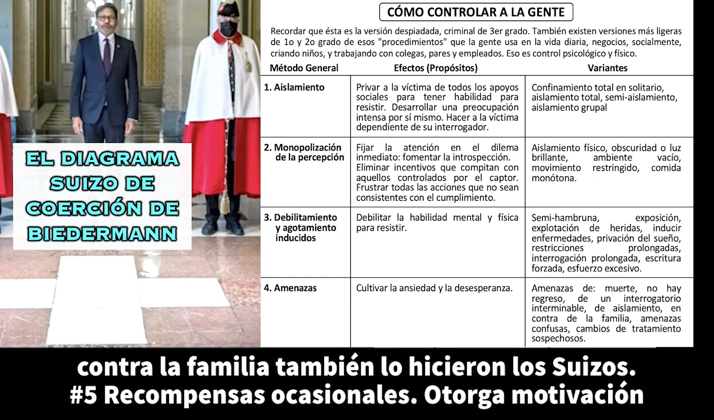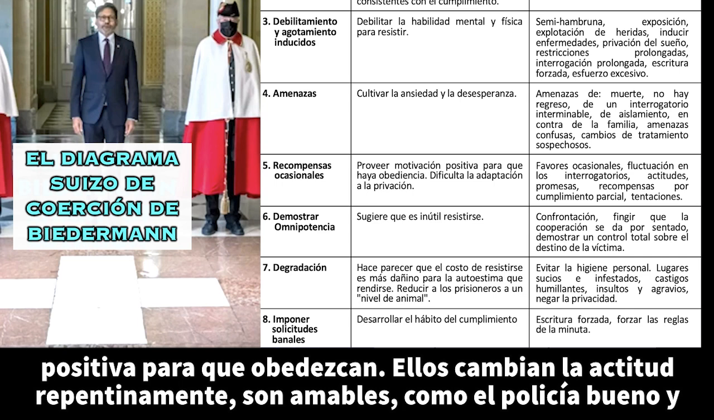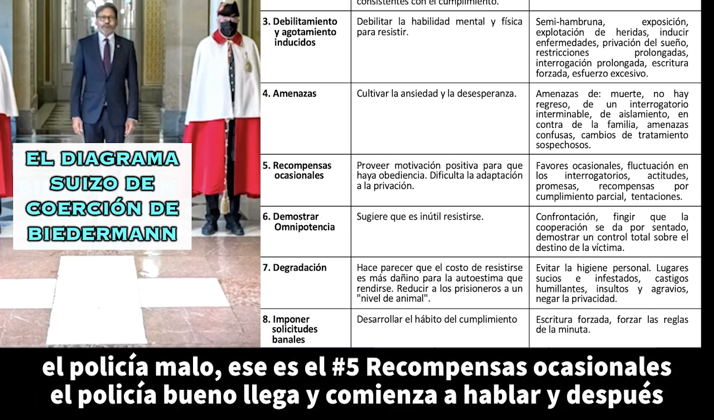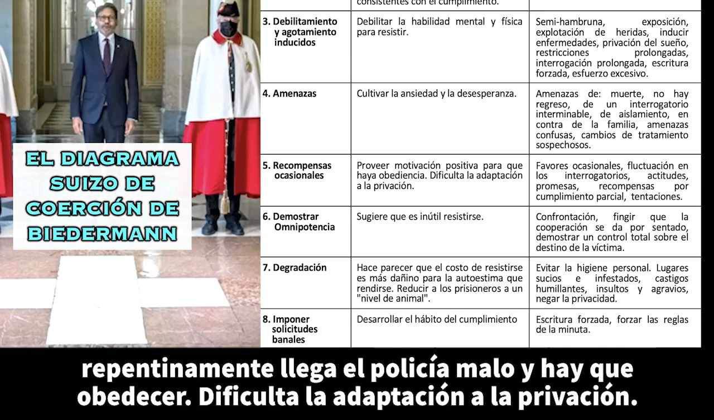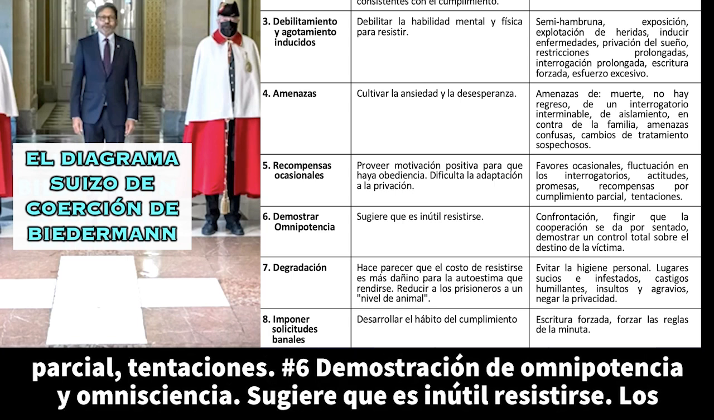The Swissies did. Number 5, occasional indulgences, provides positive motivation for compliance. You know, if they change the attitude all of a sudden, you know, they're nice, like Mr. Nice Cop and Mr. Bad Cop. This is number 5, occasional indulgences. Then Mr. Nice Cop comes around, and you open up and start talking, and then all of a sudden Mr. Bad Cop comes again. And then there's the compliance. Hinders adjustment to deprivation. Occasional favors, fluctuations of interrogations, attitudes, promises, rewards for partial compliance,